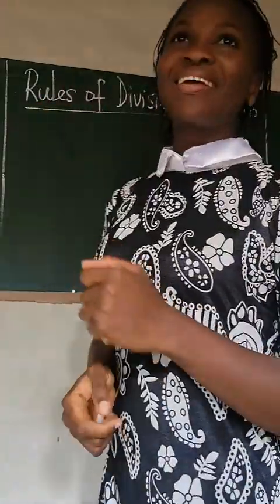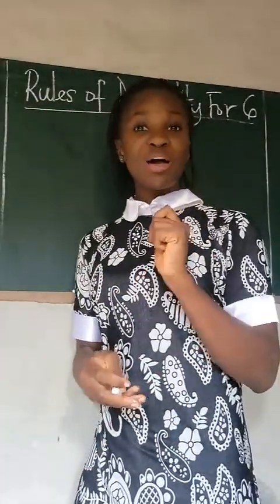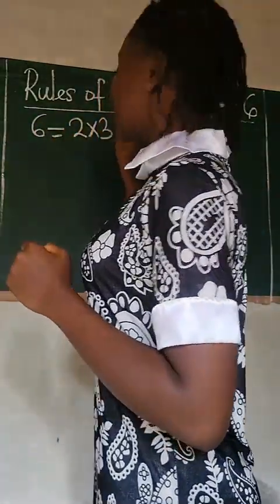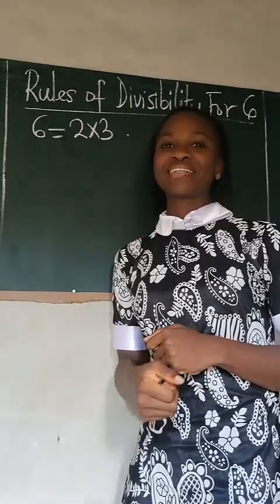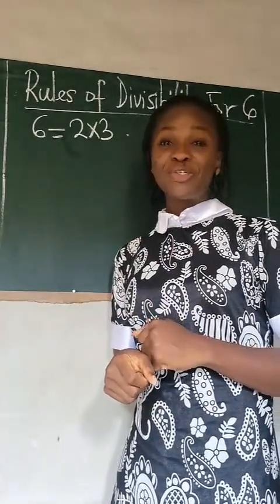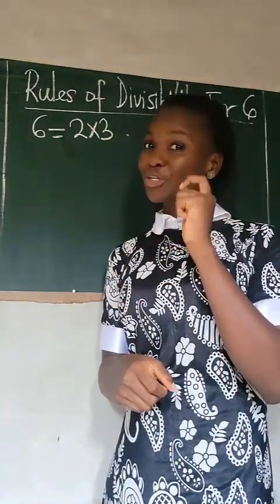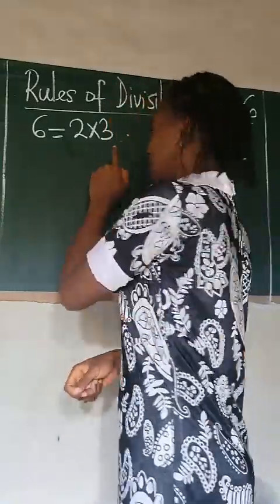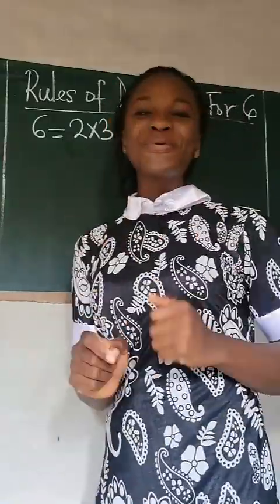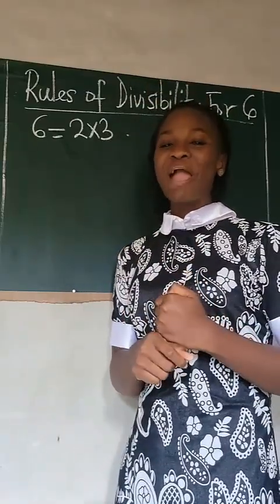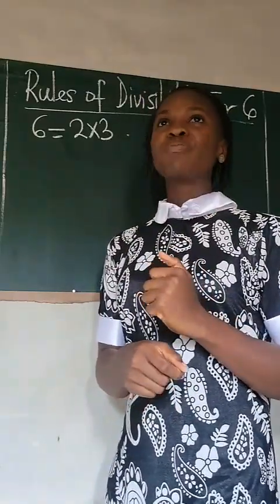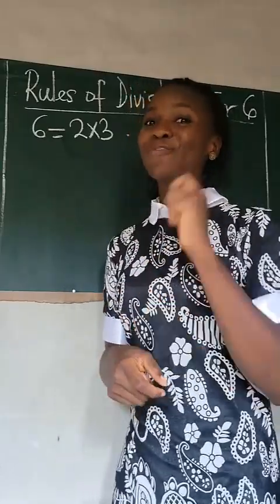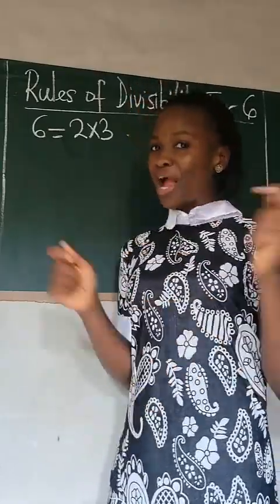Now, don't forget, 6 equals 2 times 3, right? So that means that for any number to be divisible by 6, such a number will be divisible by 2 and will be divisible by 3. So to get the rule of divisibility for 6, we have to combine the rule of divisibility of 2 and the rule of divisibility for 3. And don't forget,